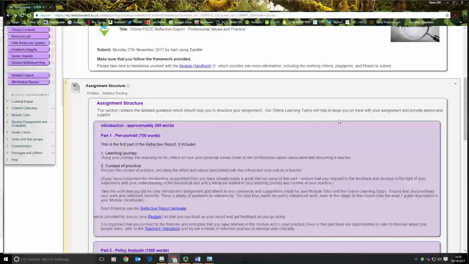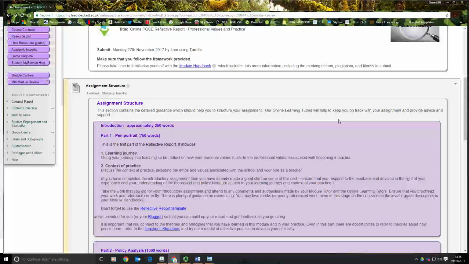So we are expecting you to see reference in this section. We're expecting to see you link into theory, and think about the theories that you've studied as part of the module. Think about where you've investigated areas of professionalism and professional practice and what makes professionalism. This is the kind of thing that we're expecting to see in this section.